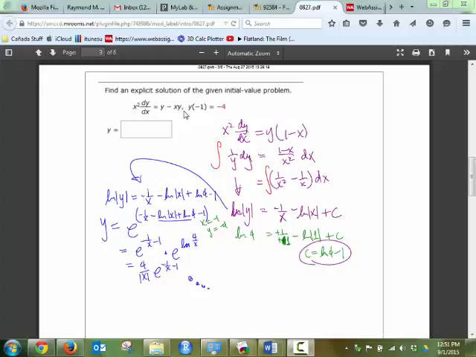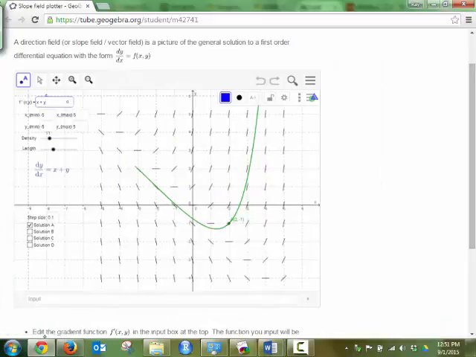slope fields. And so what I did is I took this thing, to make this into a slope field, I needed to make this dy dx, or get dy dx by itself. So in one of those slope field applications, online applications,